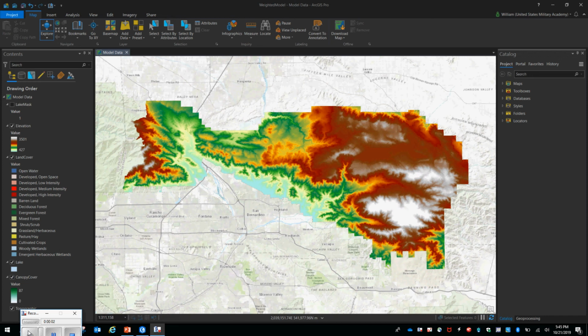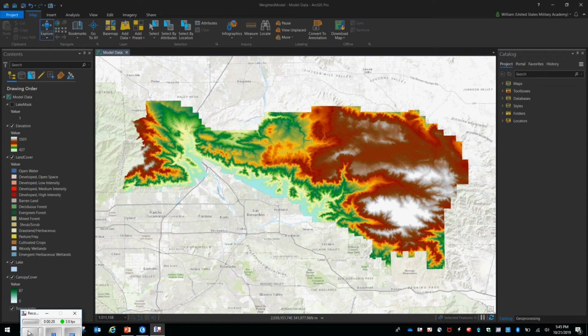Okay guys, so today I'm going to talk to you about reclassifying data using a tool called Rescale by function. I'm also going to show you the Euclidean distance tool. And then we'll talk about some of the options inside Rescale by function and finally end up with some Raster